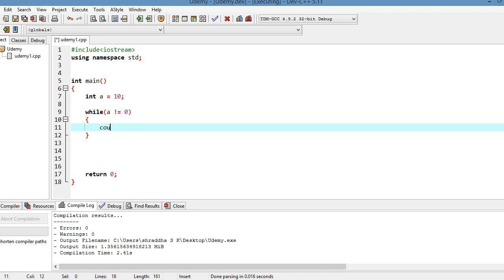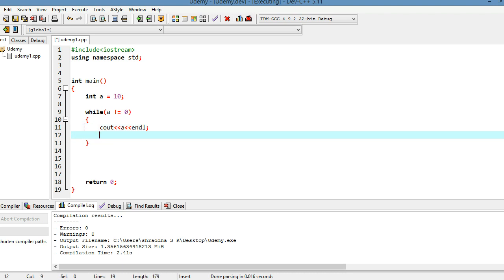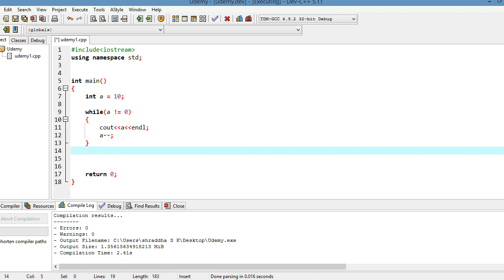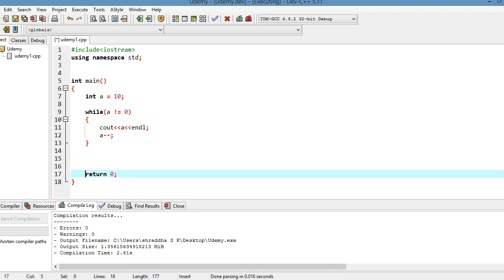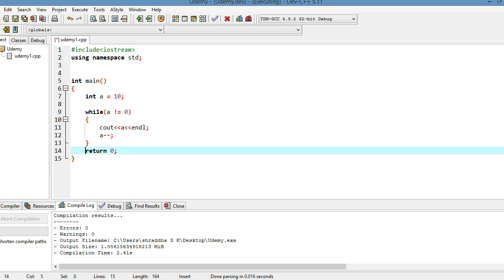In the loop you are going to print the value of a, and one endl I am going to put, and then I am decrementing the value of a, a minus minus. In the next run we are going to see what happens if you don't include any decrement operator.